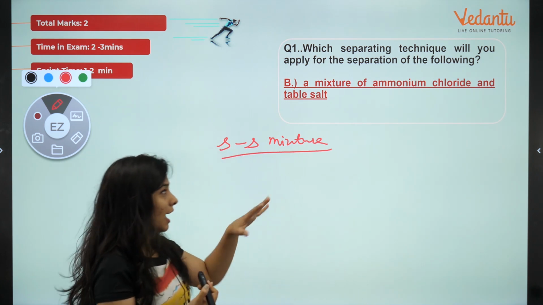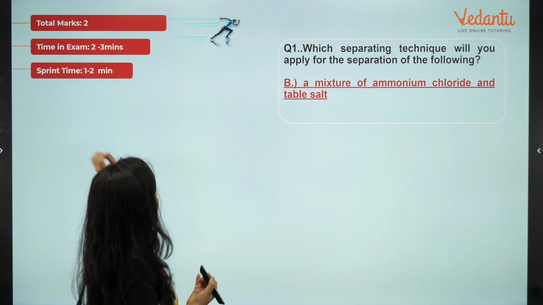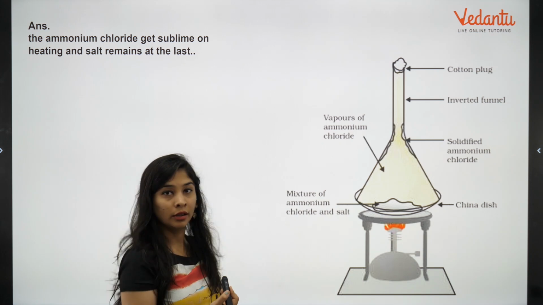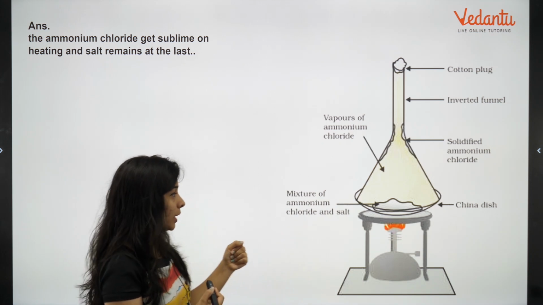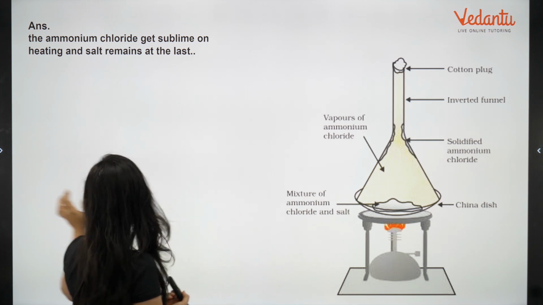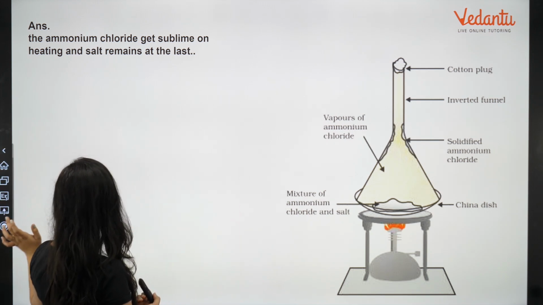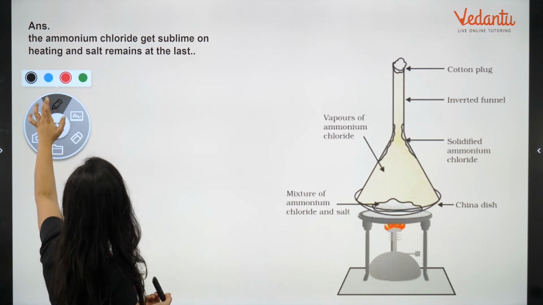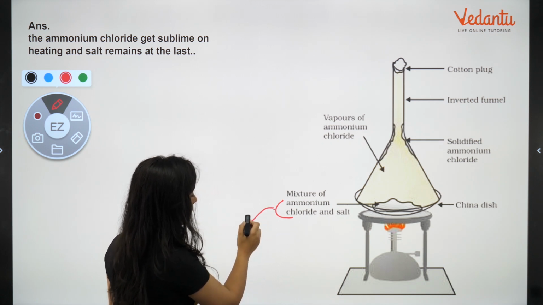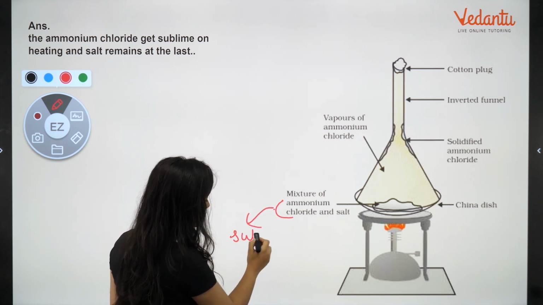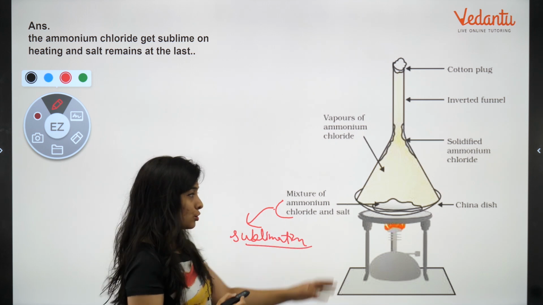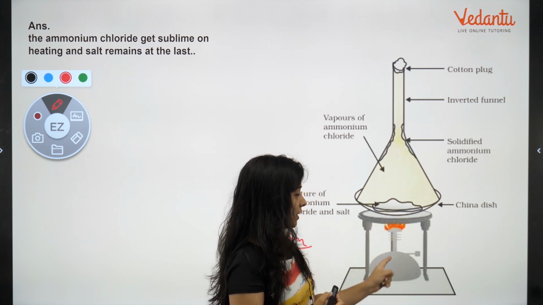कैसे करेंगे? I have the whole phenomena and whole diagram in front of you. That's the whole picture how we do it. Okay, so let's see it how we do it. So we have this mixture of ammonium chloride and salt, and we know that ammonium chloride is a substance which is solid plus sublimable in nature. Okay, this ammonium chloride can undergo a process known as sublimation and can convert into vapor forms. Fine. So we have to take them and then we are heating it.